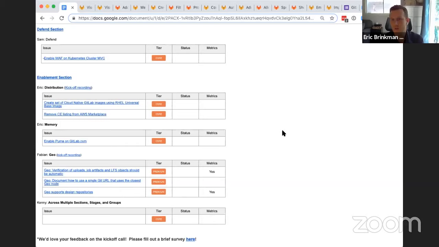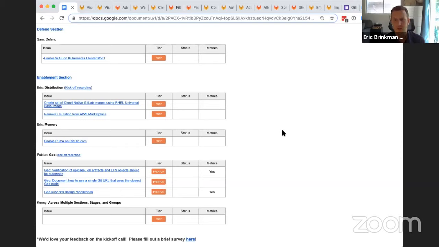I also want to highlight real quick the memory team. So moving on to the memory team, we are going to enable Puma on GitLab.com in this release. This is really exciting because Puma is a multi-threaded web server that should allow us to reduce the memory footprint of GitLab. The reason we're going to start with this on GitLab.com is to prove out that this is one performant, that it gives us the memory reduction that we need, and then obviously turn this on by default in a subsequent version of GitLab so that these memory reductions can be realized by other users of GitLab as well. So really excited to see this, and great work to the memory team.